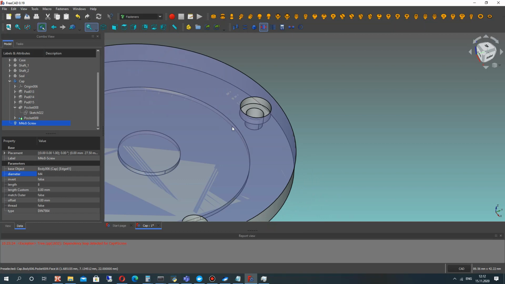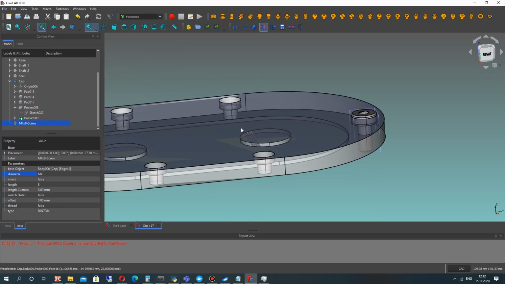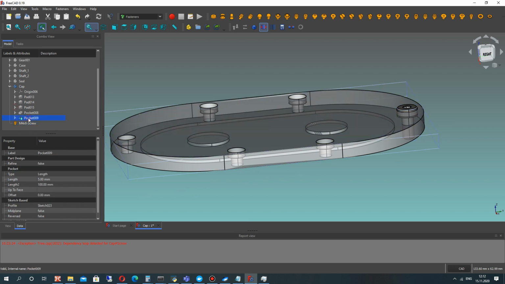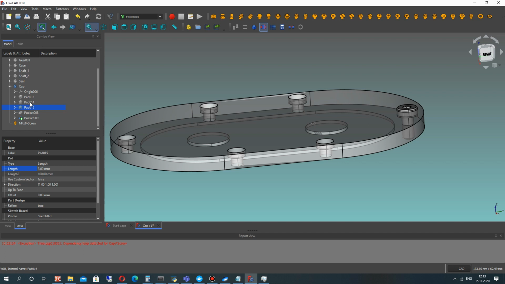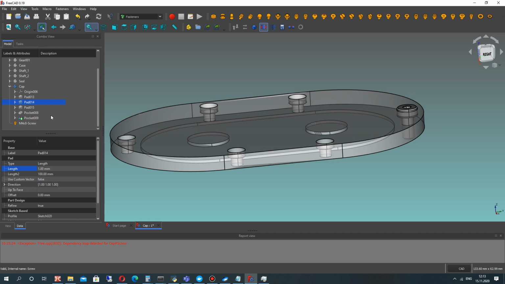So now we can see that our screw looks good, and let's make some correction in the thickness of our cap. Okay, let's find the